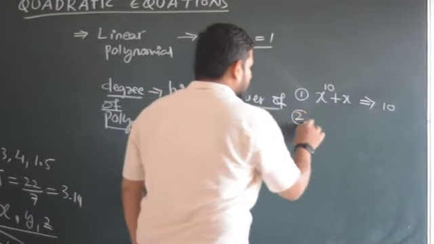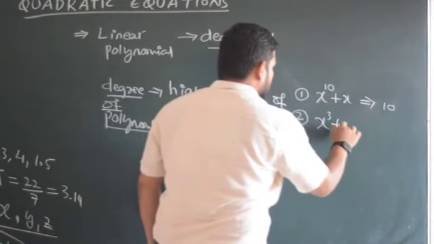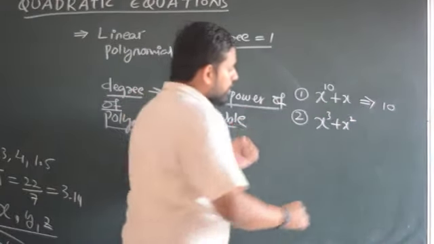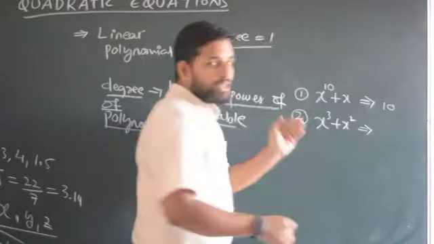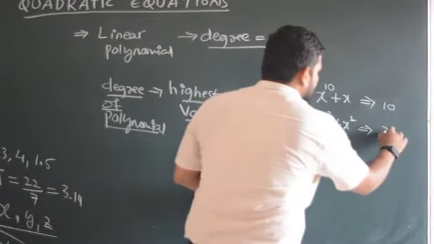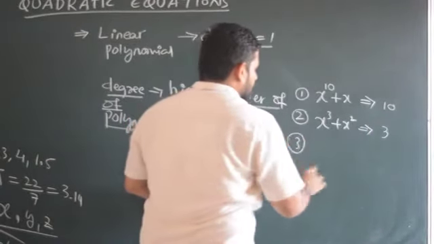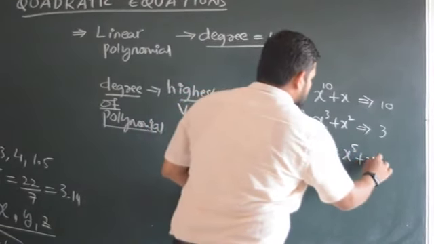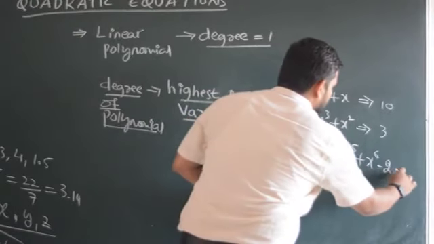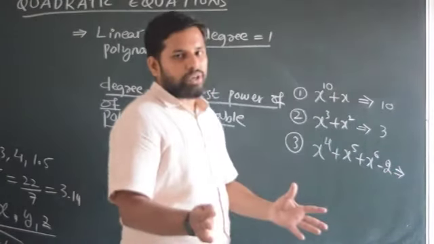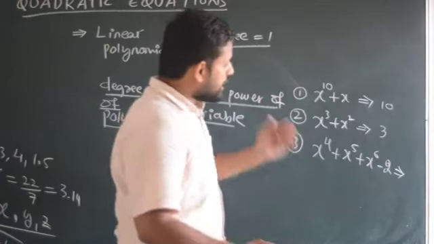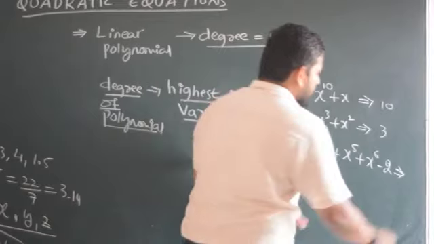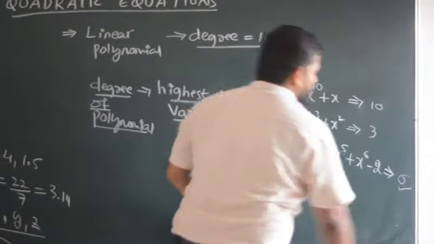Now, second example, if I write x cube plus x square. Now tell me, what kind of polynomial it is? It is a cubic polynomial, you know about that also. And what is its degree? 3. If I write one more thing, x to the power 4 plus x to the power 5 plus x to the power 6 minus 2, what kind of polynomial is it? It is just a normal polynomial with the degree 6. Here 4 is there, 5 is there and here 6 is the power, no? So that's why the degree of this polynomial is going to be 6.